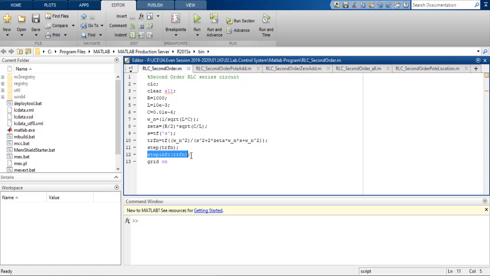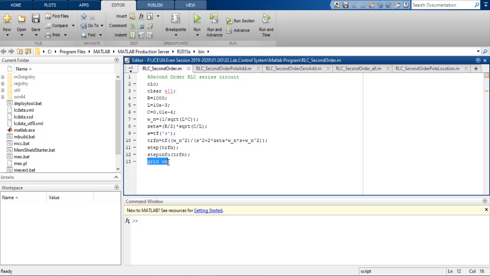The next line, step info TRFN, gives you different information after you simulate a step response. This command will give you the different values of rise time, peak time. It will give you all these values.